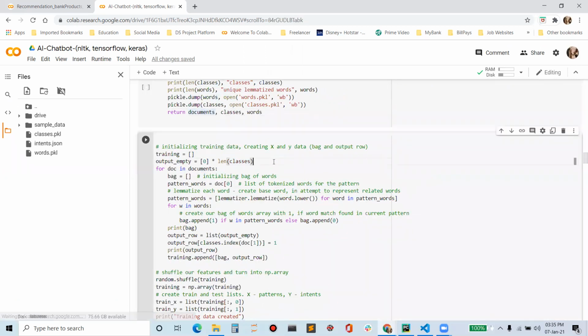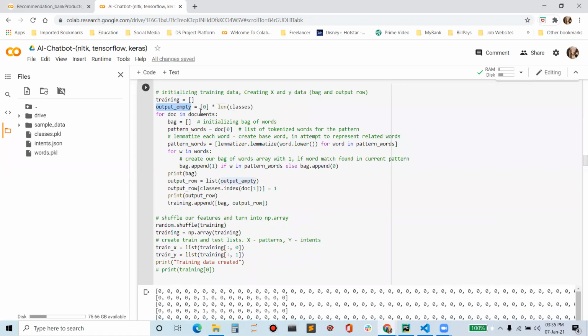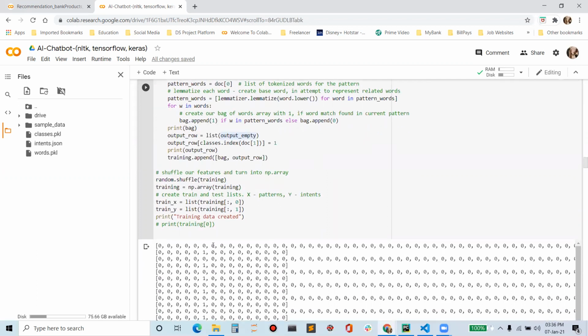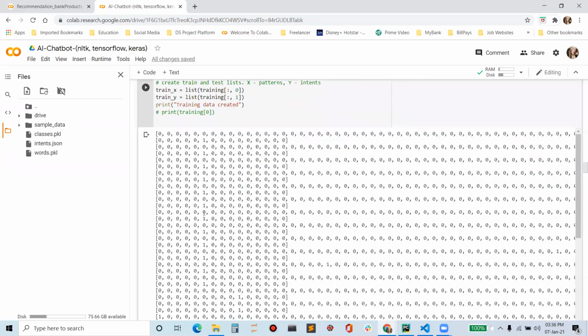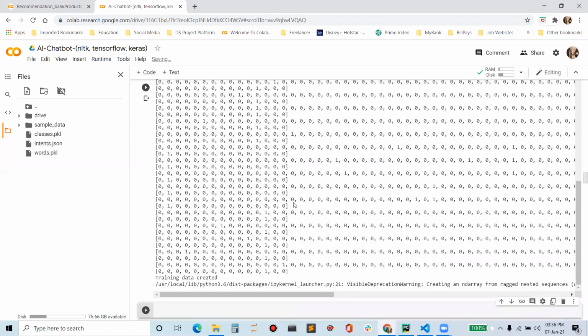In the next section, I'm preparing the training data for the model. Over here I just created an empty list again, which is training, in which all the training data will go. There's another list that I've created, which is output empty, which has only zeros, a list of zeros, with the number depending on the number of classes that we have. Now I just saw the number of classes that we have is, if you can see, one moment, let me run this. We saw that there are 15 classes. Okay, so when we have 15 classes,